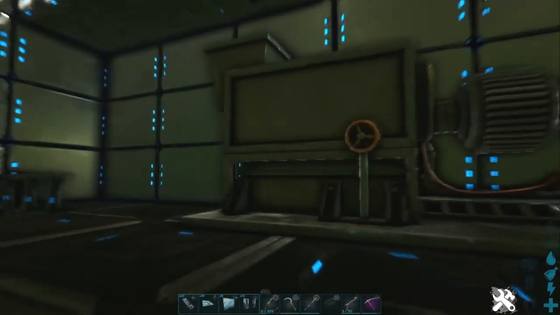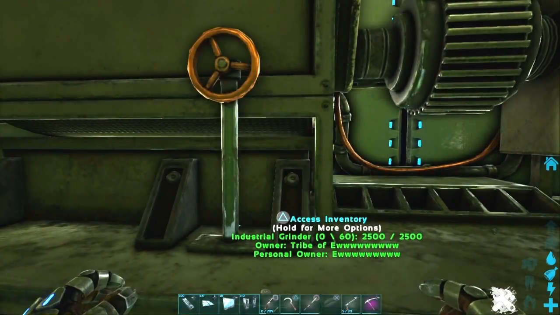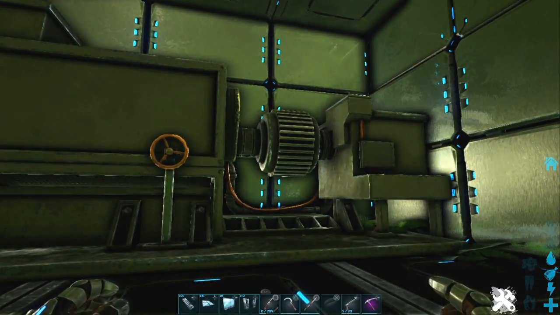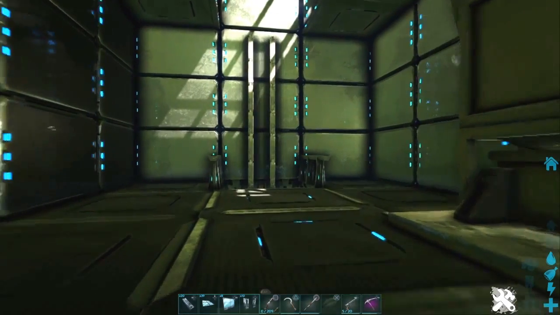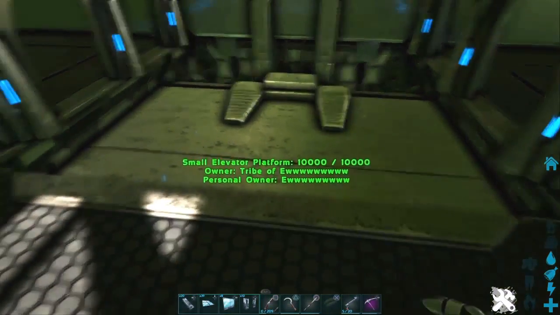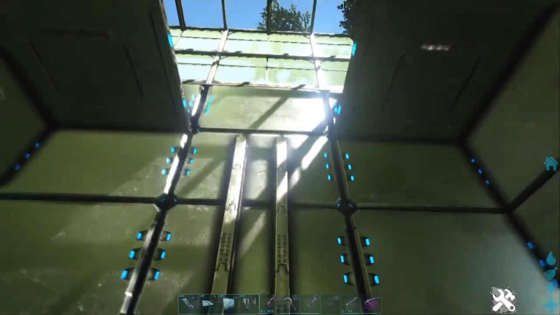When you first walk in, you see this. This is actually an industrial grinder. That's what they call it in game, and I'm planning on using it about the same way, except more or less for the food production. But still, not very much, obviously, guys. I ended up adding in an elevator, so I'm using a small platform here, and the elevator tracks actually go up along the wall. And this is why I needed